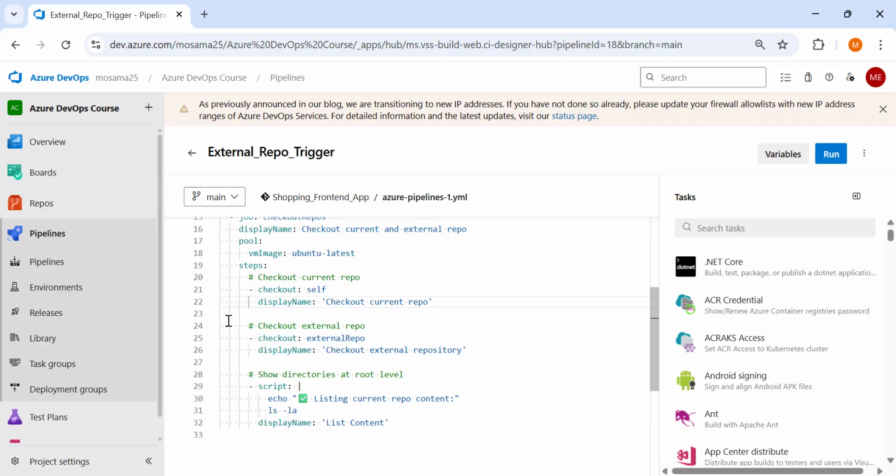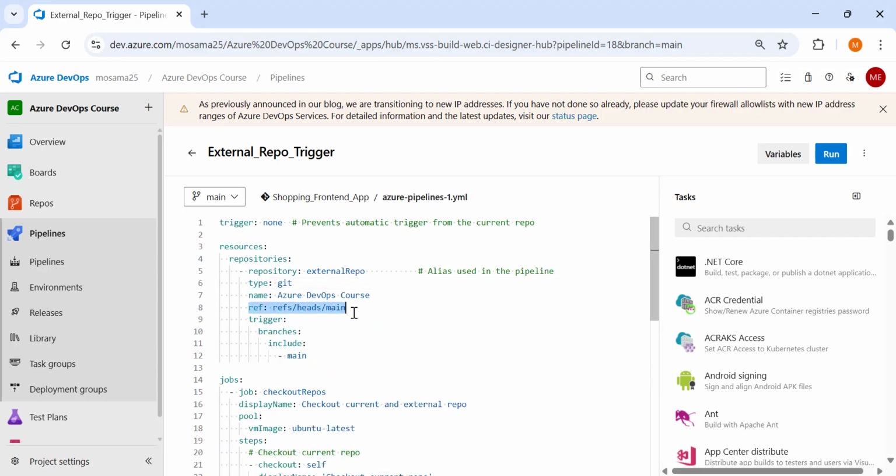If you have checked out an external repo, you must write a checkout step for the current repo, which is checkout self, so you can pull your current repo and the external repo. And I made here a script to show the two repos' folders, so you know the two are fetched and we can use both repos in our pipeline.